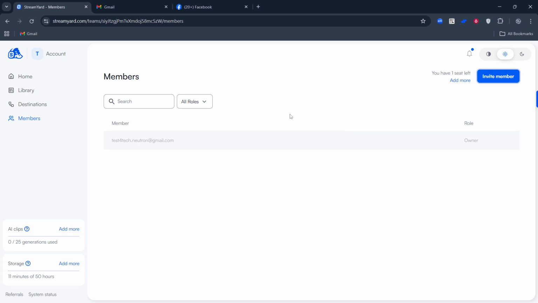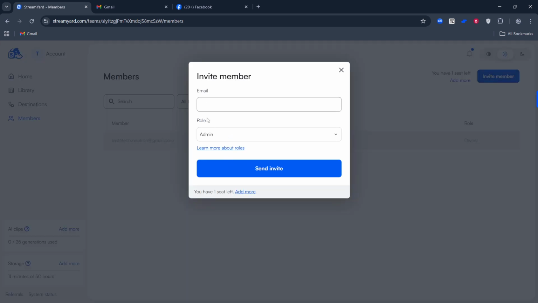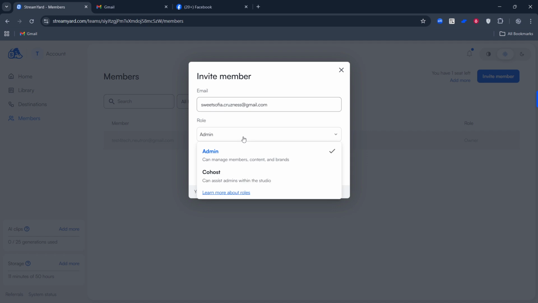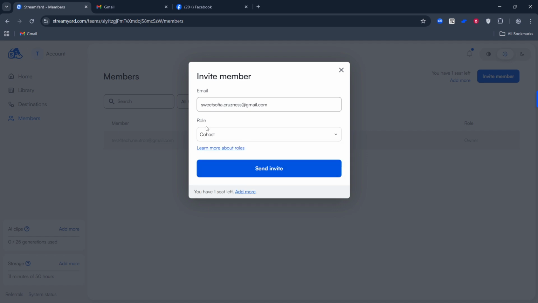Now click Invite Member. This opens a simple form that lets you invite someone to join your team. You'll enter their details, choose what they're allowed to do, and send the invite right from this panel. Enter the email address of the person you want to add. Type it carefully, and use the address they actively check, since the invitation arrives by email. If your organization uses a standard company email, stick to that for consistency and easier management later.